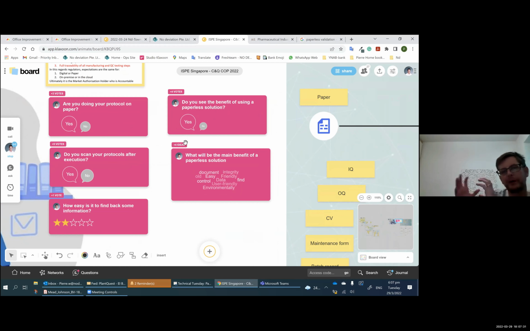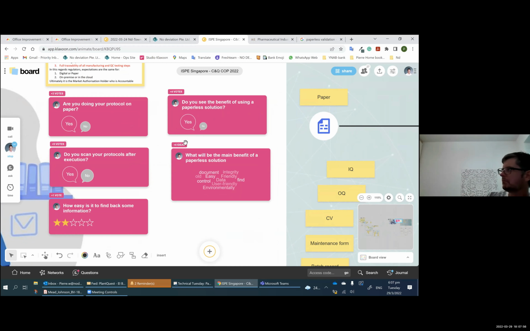Yeah, so I hope I explained a little bit what is the difference between paper to glass, right? Which is basically I take an IQ and I PDF it, or I take an IQ and I do the execution on a computer, but I still do an IQ, to a paperless, which is those links and things like that get a little bit more automated and I can query my data differently, right?